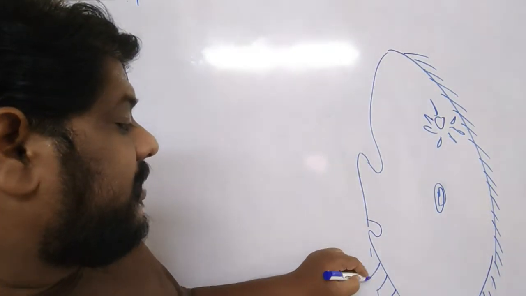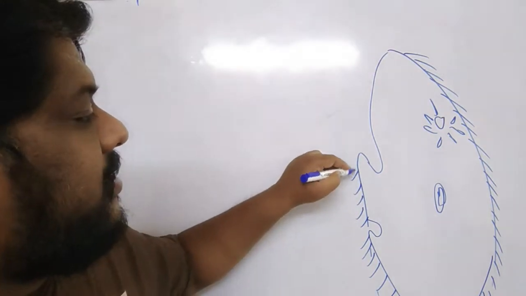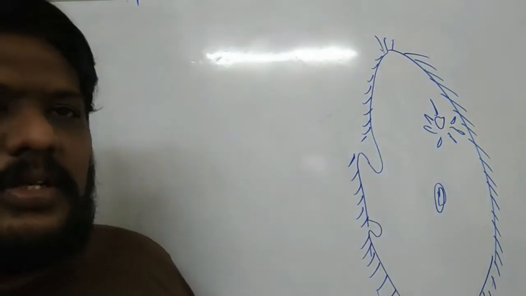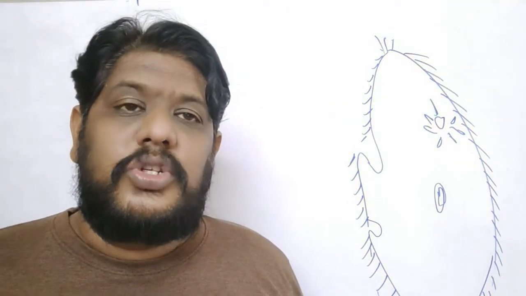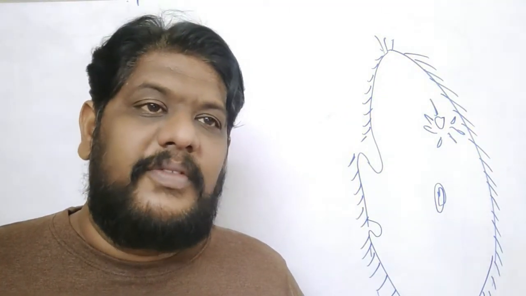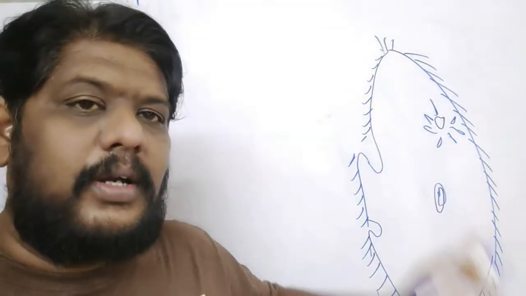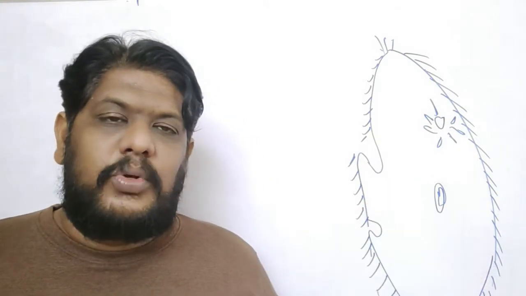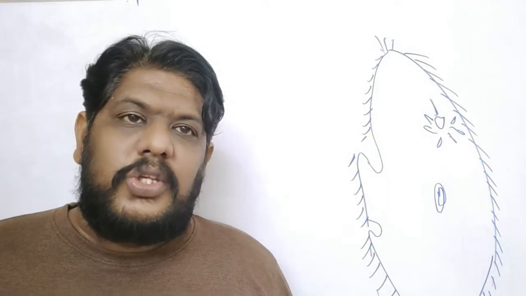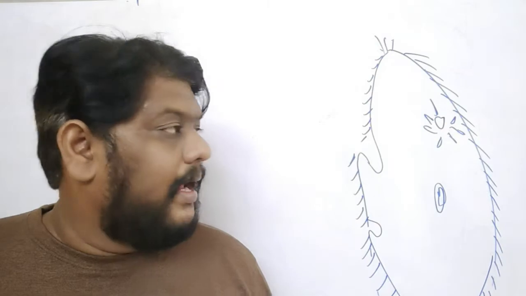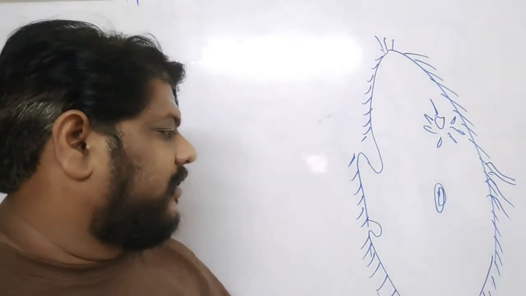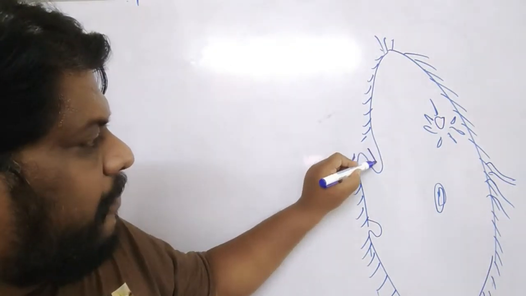This is a unicellular organism, and the whole body is filled with thread-like structures which help in locomotion. It helps them move from one place to another because they live in water. Not only that, they also help them gather the food material, and that is how they get the food material. So they keep on moving, and they gather the food material, and they send the food material through this part